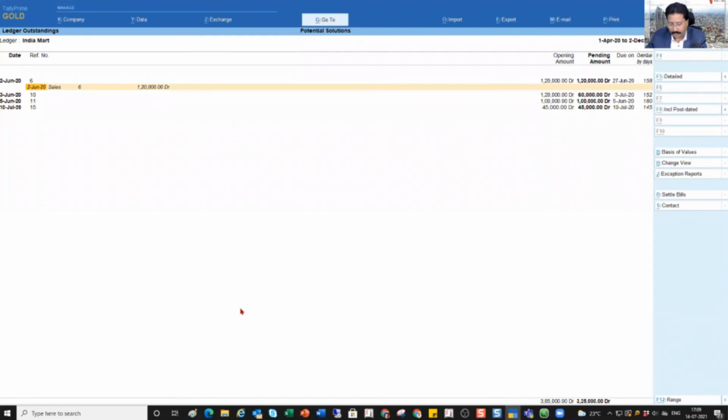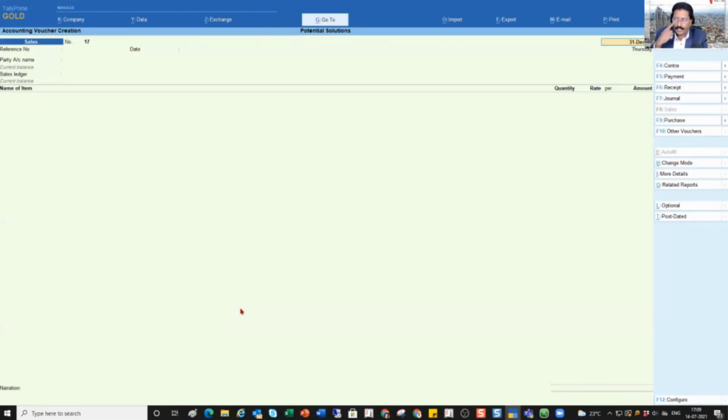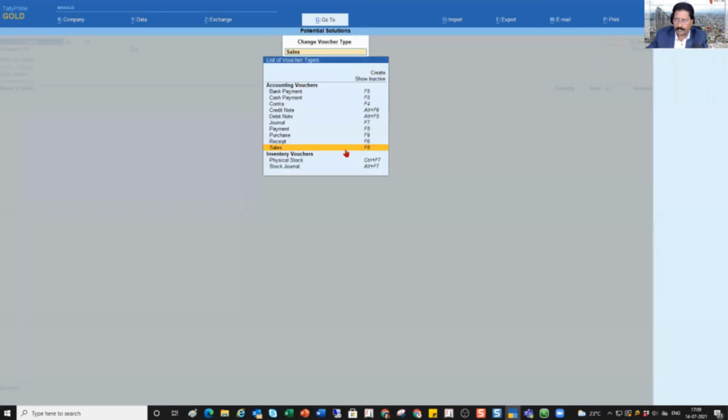So now I am coming to Alt G, and then I say create voucher, and then I'm going to press F10, that is other vouchers, click other voucher, and then select your credit note. So if you can remember Alt F6, you don't have to press F10 and then select it. Once you come into the voucher, press Alt F6, it will automatically take you to credit note.